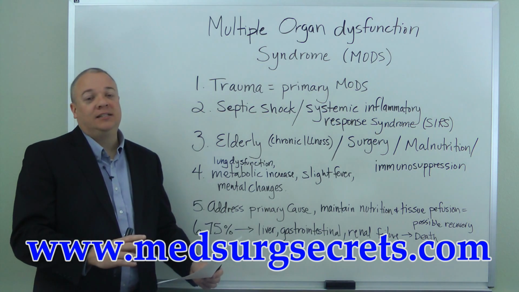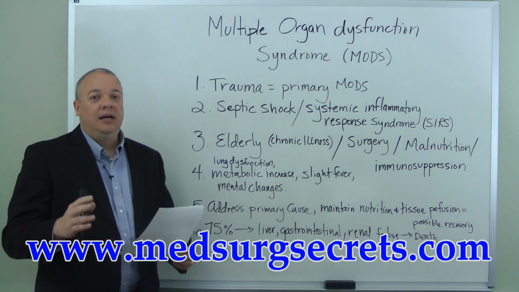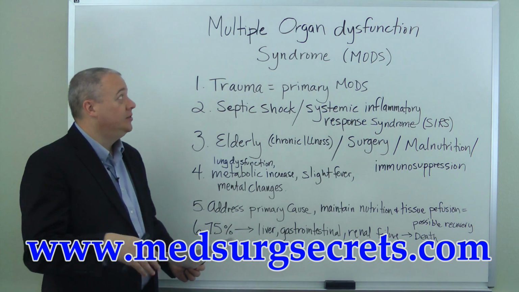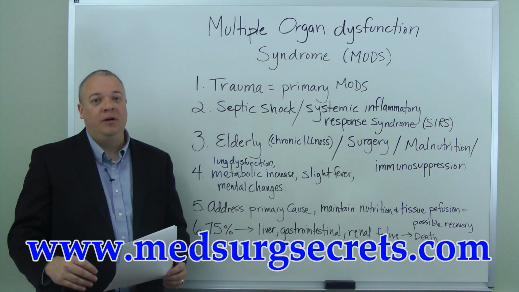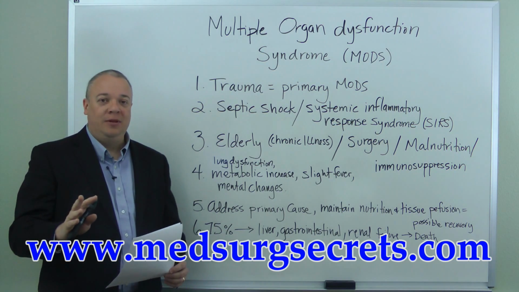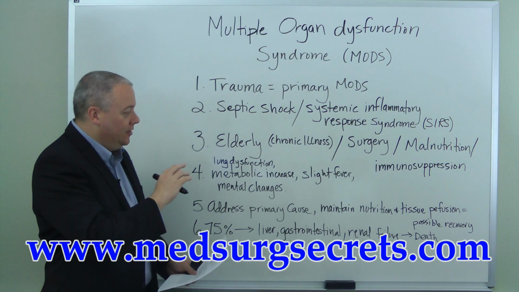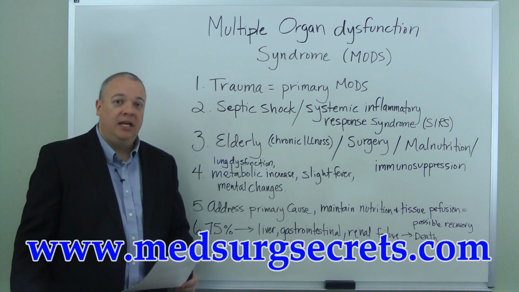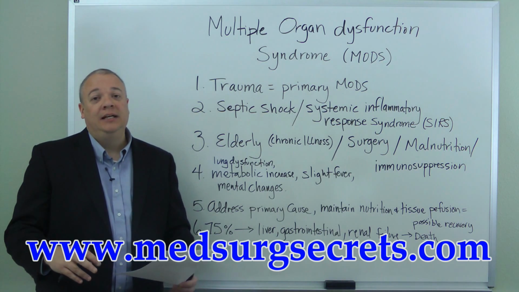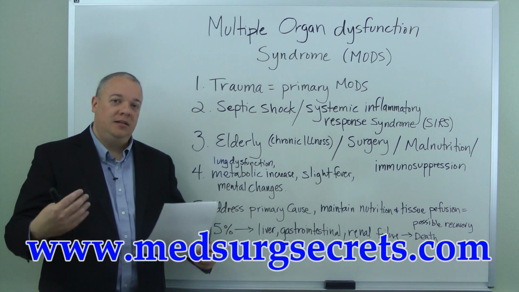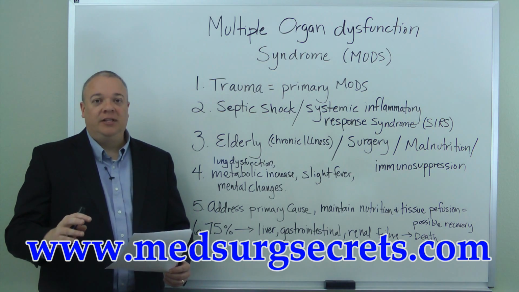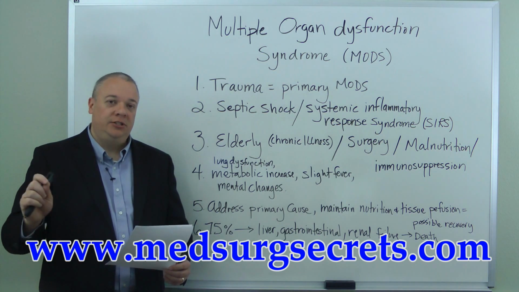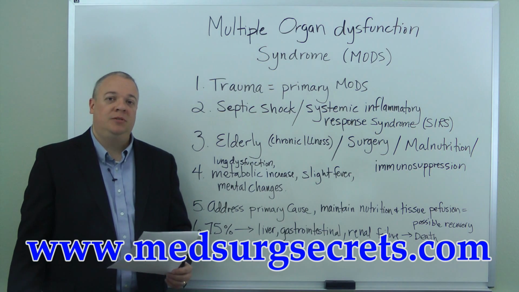Often you can get sidetracked to the secondary thing and dealing with the organs themselves, their dysfunction, when basically there's actually a cause prior to that that needs to be dealt with. So find the primary cause, deal with that, maintain nutrition and tissue perfusion, and recovery is then possible as the body works and the organs take up their normal functions. But you've got to address the primary issue, maintain nutrition and tissue perfusion, and that becomes possible.